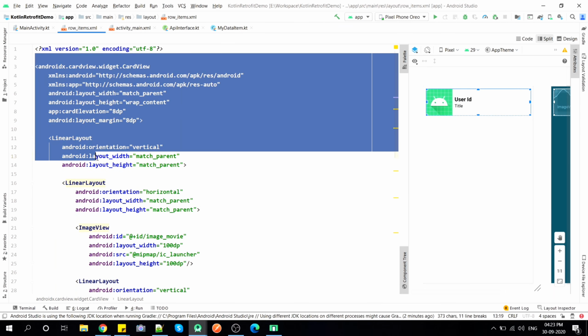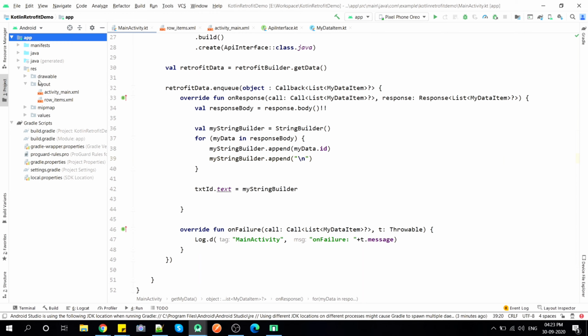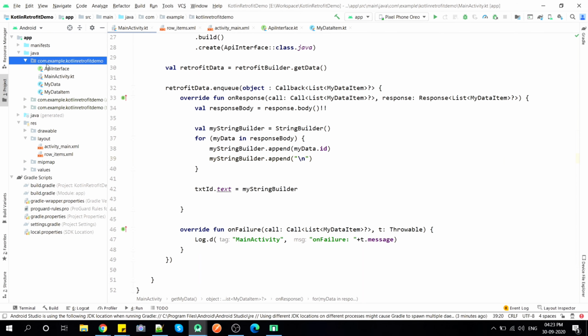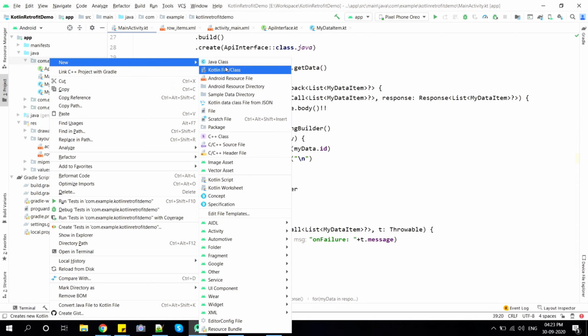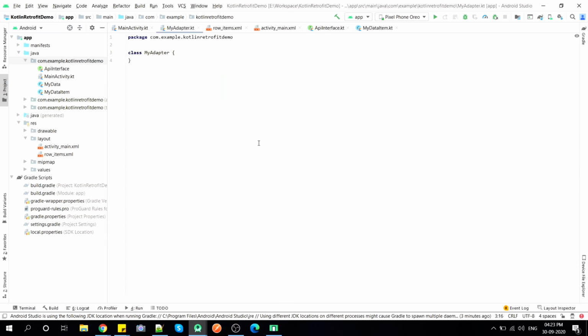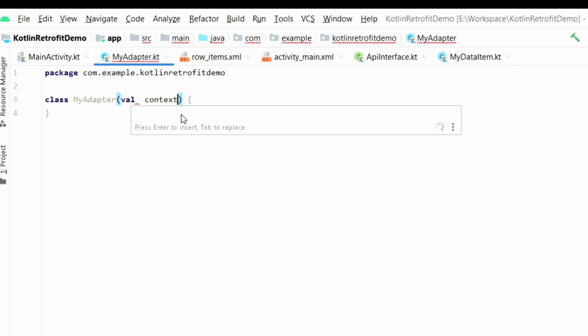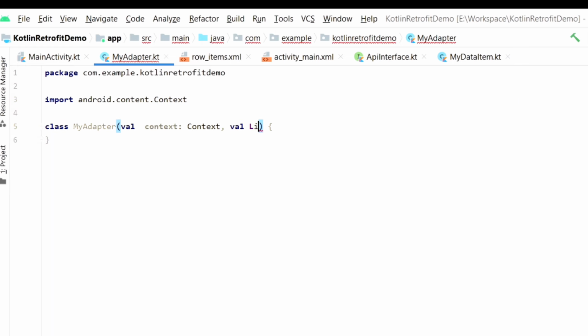So we are done with this XML file now, and now we have to create one adapter for our RecyclerView. So let's create one adapter. I'll choose Kotlin file class. I'll name it MyAdapter. Now in this adapter, we need to have some variables like context and one list, which will be our user list.